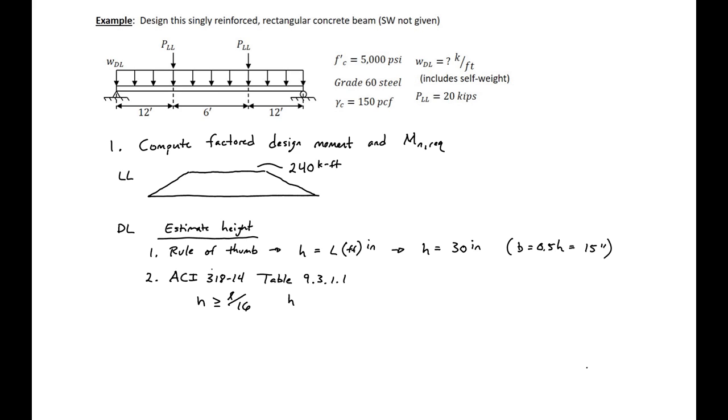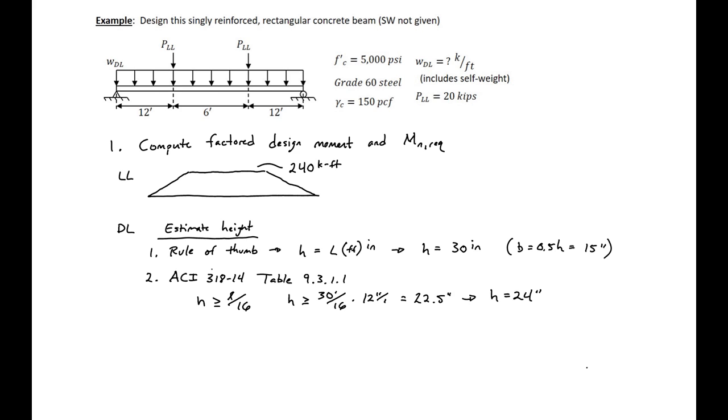So for us, we'll have our h needs to be greater than or equal to our 30 feet divided by 16 times 12 inches per foot, which will give us a height of 22.5 inches. So I'm going to round up and say we'll need a height of 24 inches, rounding up by